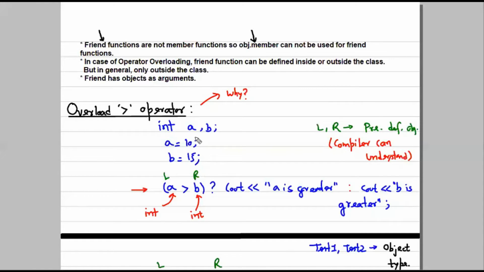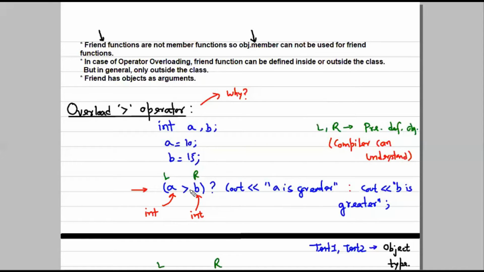But first let's understand why we use friend function in operator overloading. Let's say we have a and b, two integer variables. A is 10 and b is 15. If I want to write a greater-than logic using the greater operator, then a greater than or equal to b, followed by the question mark, is the shortest way of writing your if and else.